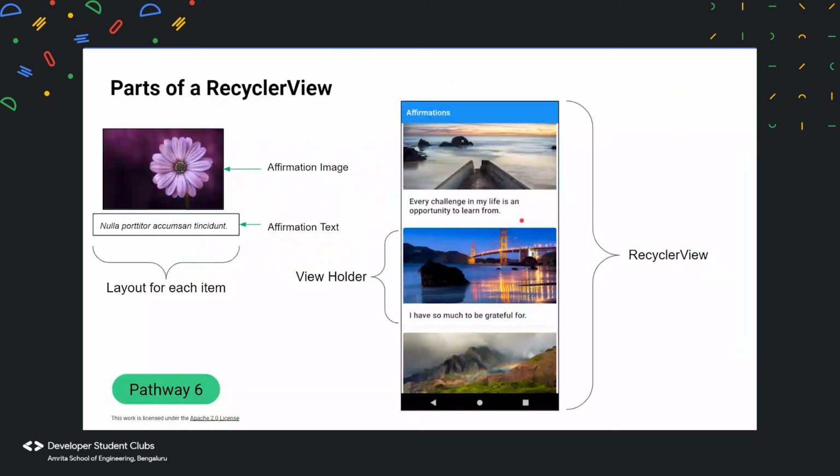This is as far as implementing recycler view goes. Create the layout for each item. It will be referenced later on to fill in the view and provide the data. Add the recycler view to the activity's layout, like you would do with any other UI component in a layout editor. And you create an adapter, which is a class that helps you transform data to display